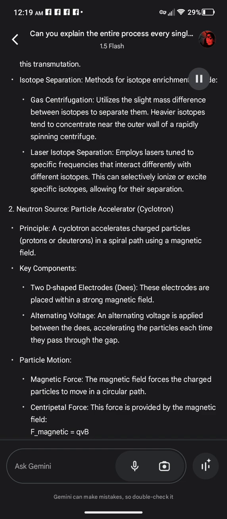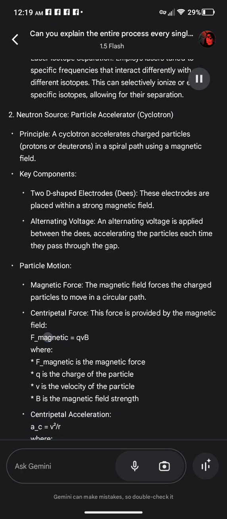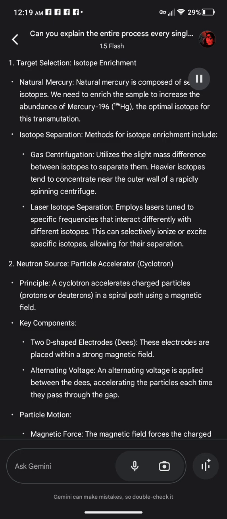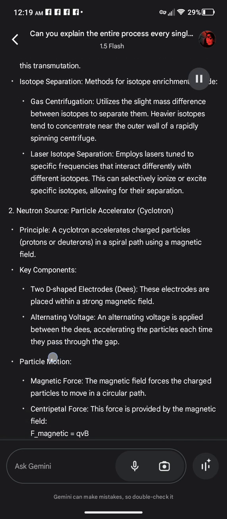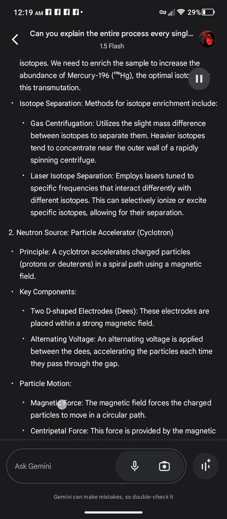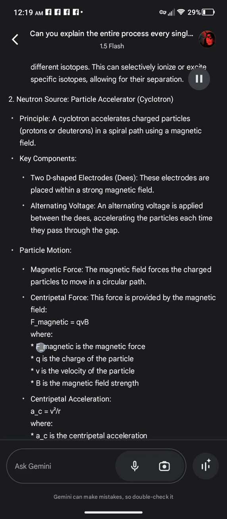Two, neutron source. Particle accelerator, cyclotron, principle. A cyclotron accelerates charged particles, protons or deuterons, in a spiral path using a magnetic field. Key components: two D-shaped electrodes, Ds. These electrodes are placed within a strong magnetic field. An alternating voltage is applied between the Ds, accelerating the particles each time they pass through the gap. Particle motion. Magnetic force. The magnetic field forces the charged particles to move in a circular path. Centripetal force. This force is provided by the magnetic field, F_magnetic equals